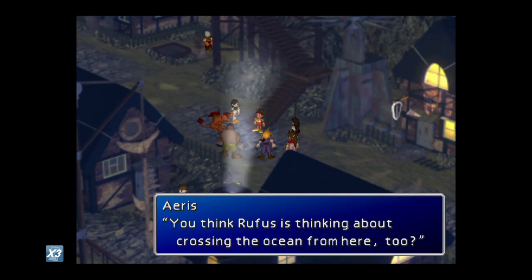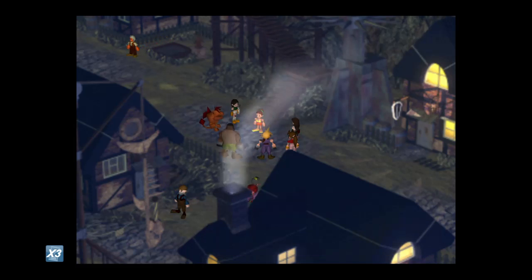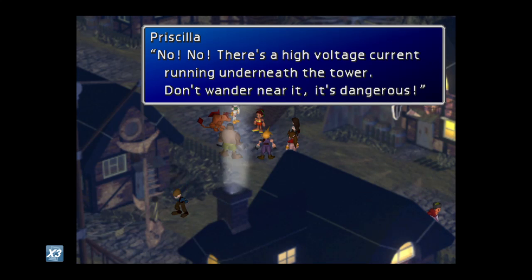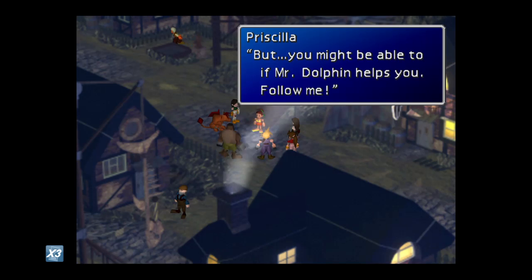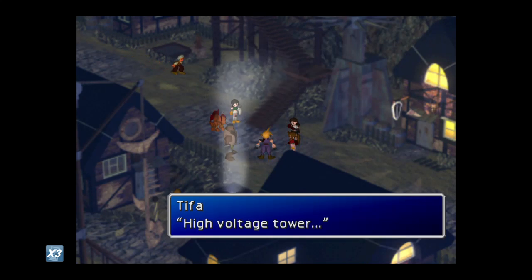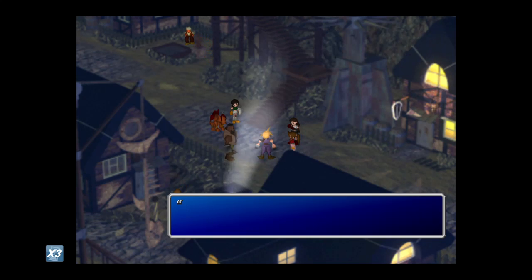Now we actually have to go up onto the main area of Junon so we can get a boat across the ocean. And then we hit... I can't remember that. Coral. Mount Coral. We reach Coral. Which is...